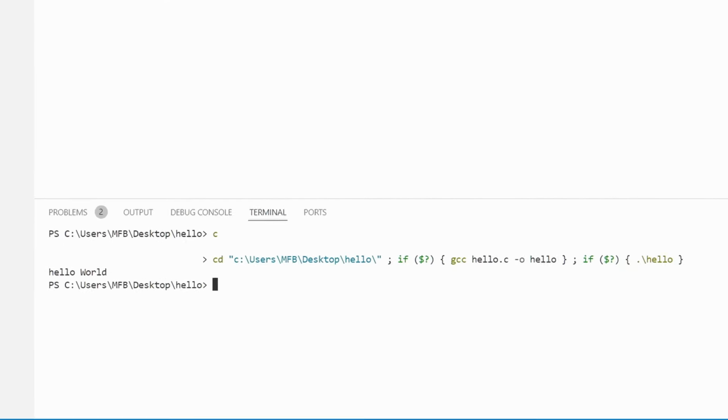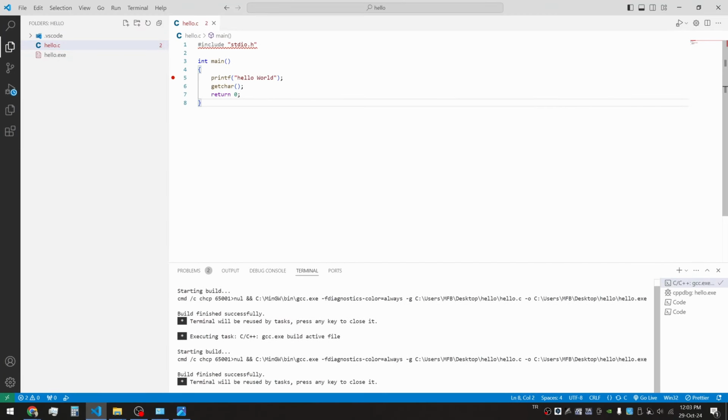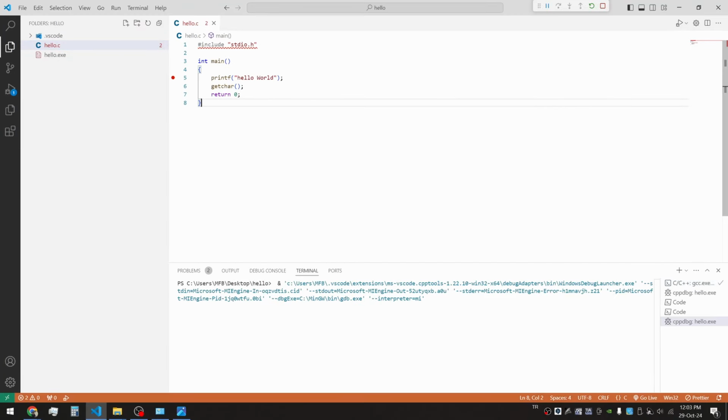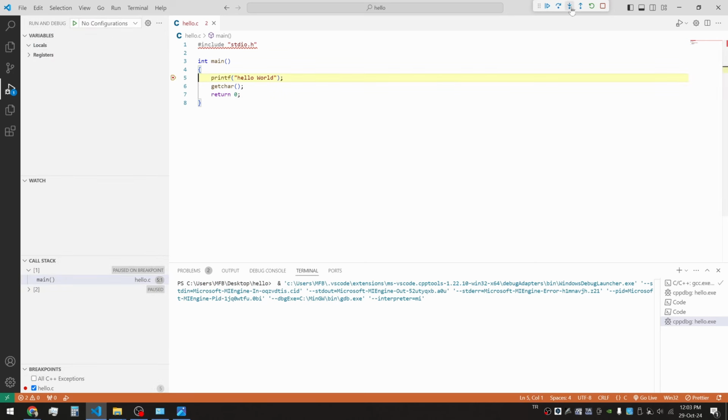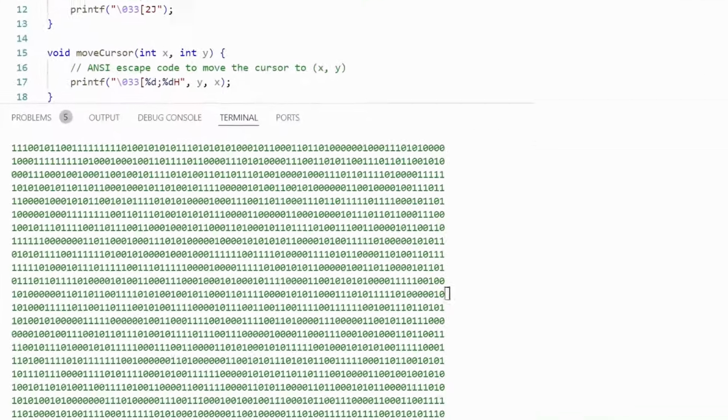Successfully compiled and the Hello World message is seen. Let's also see that the debug part also works. That is all the operations. Enjoy programming using Visual Studio Code.